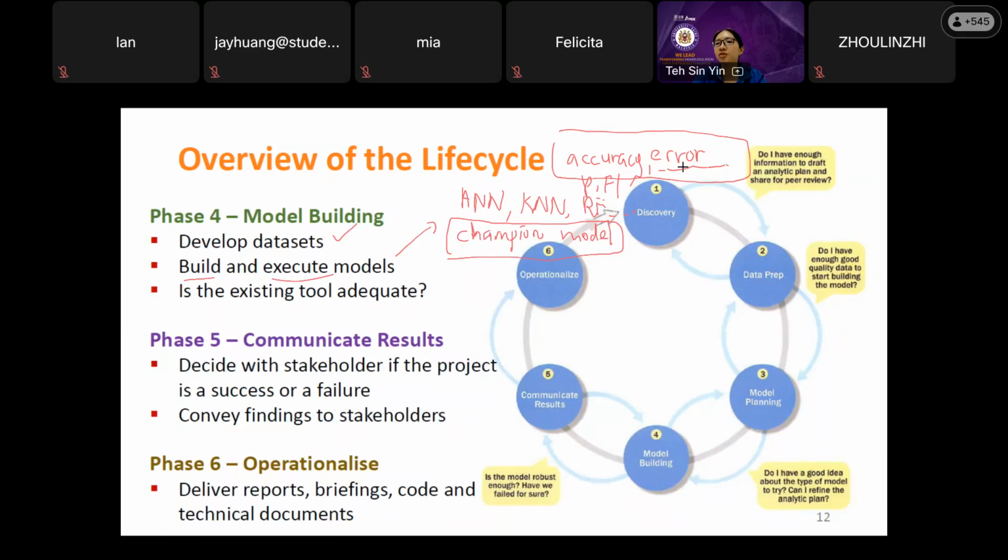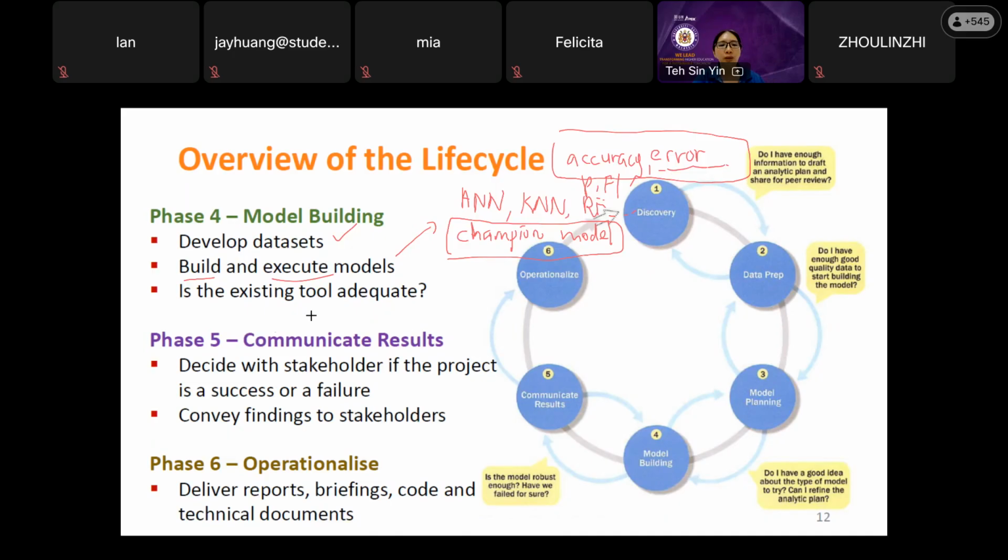The F1 score can quantify the precision, and the accuracy can be quantified. The rest, good trial, but you cannot quantify them. So for performance measurement, to choose the best model, you can use accuracy, precision, F1 score, and error terms, for example RMSE. The RMSE is also to check the error term.